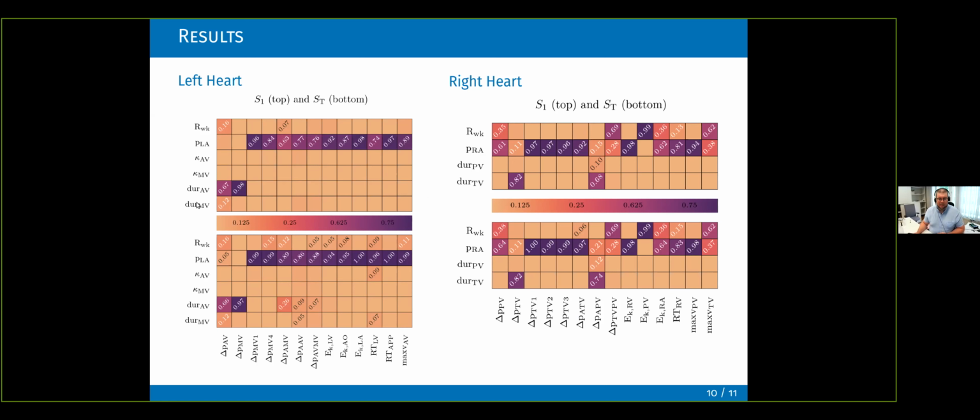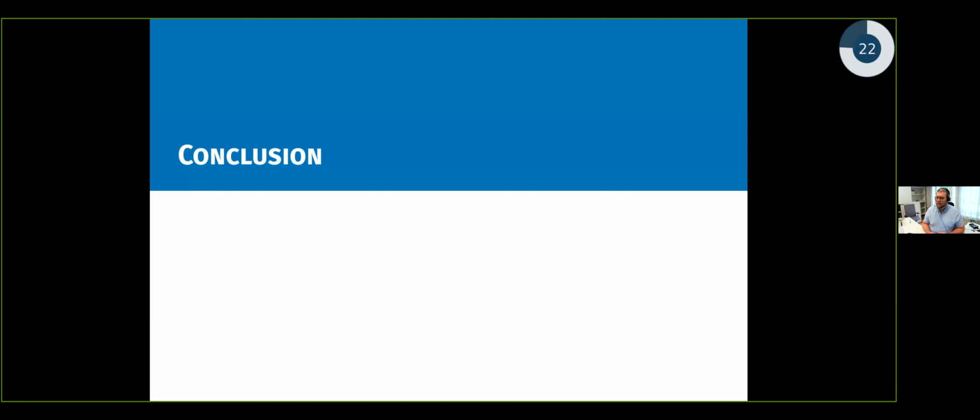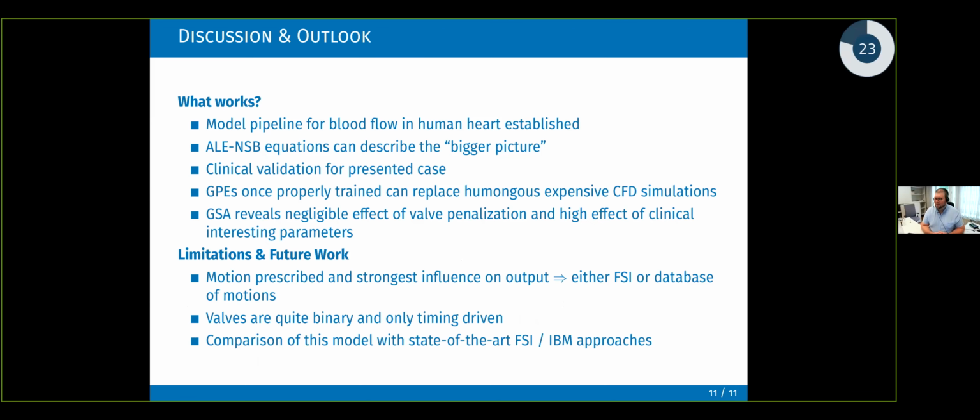And you see that parameters that come from physics, or from something that makes sense clinically, have a strong influence on the output of our model. So the results told us that we are not that far off and we can still extract some meaningful results. And with that, hopefully in time,